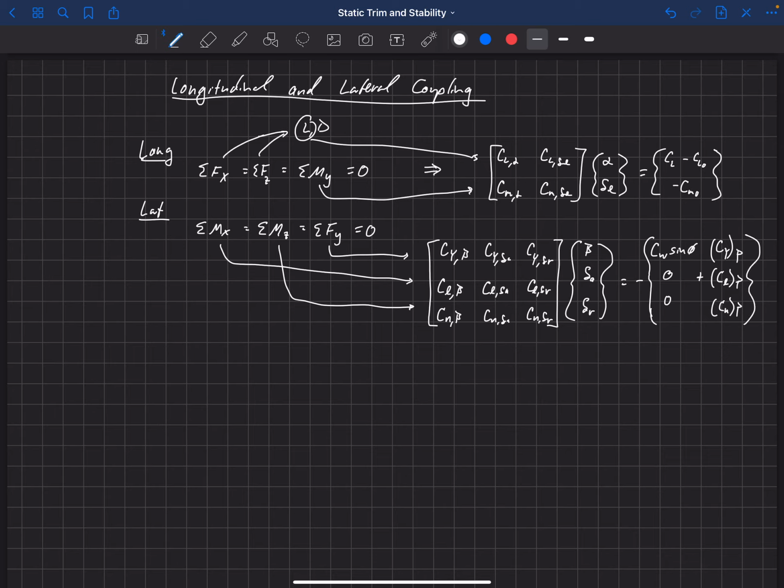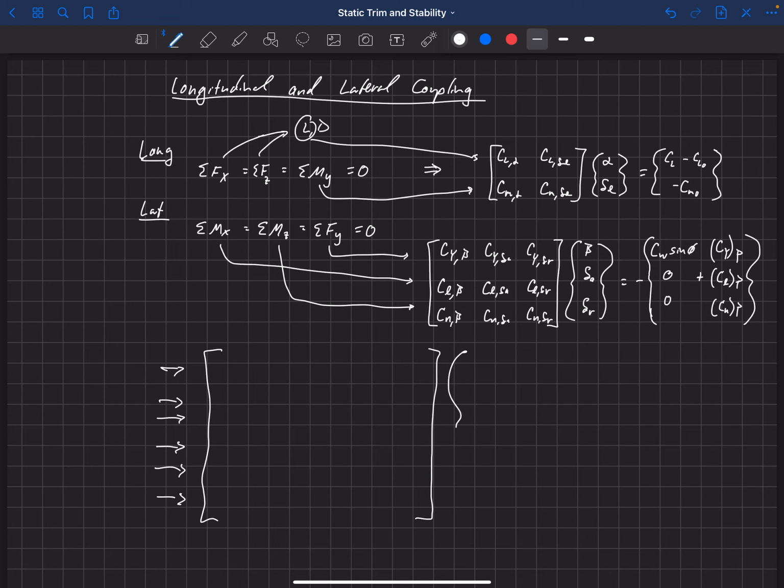So we solved these independently, but this should not make you think that coupling between these longitudinal and lateral is not important. In fact, it's very important. The reason we broke this up was just really to better understand the physics of what's going on. But in general, really what we have is 6 equations. So we could write one big matrix here with 6 equations in it, each of our forces and each of our moments.